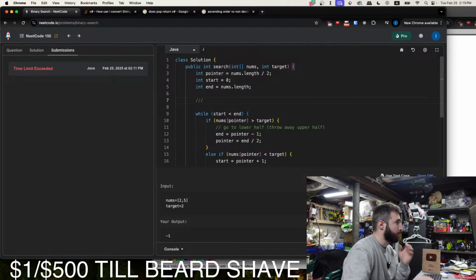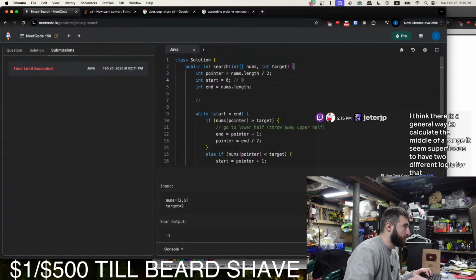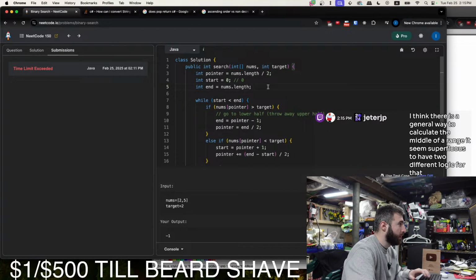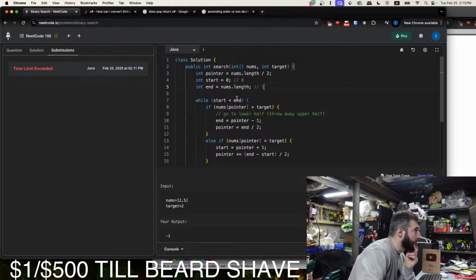All right, so at this point, start is 0. End is 1. Start is less than end, true. Num's pointer. Oh, what's pointer?